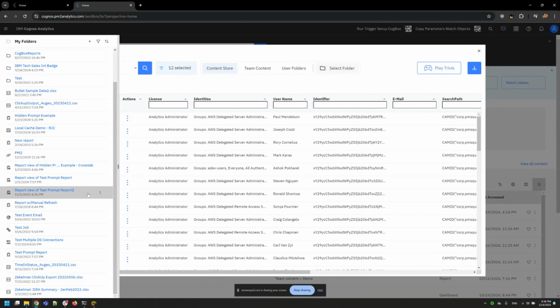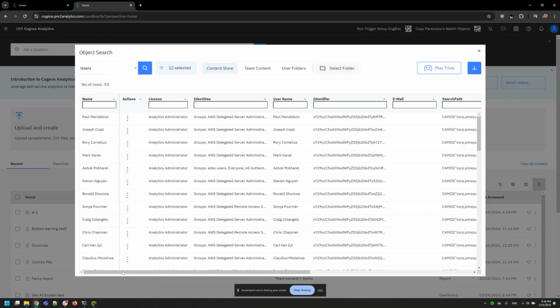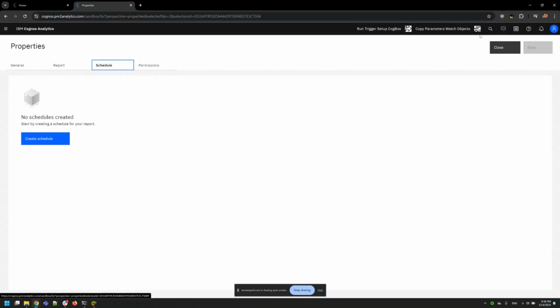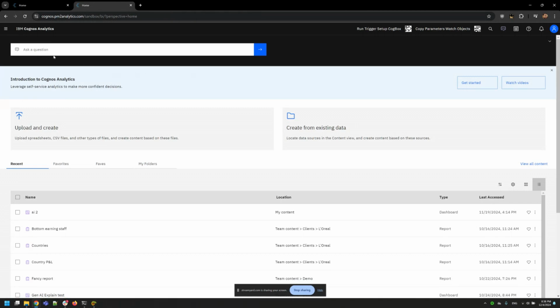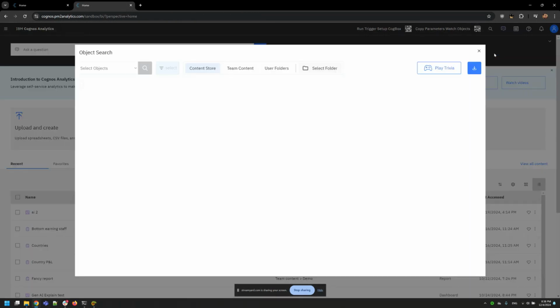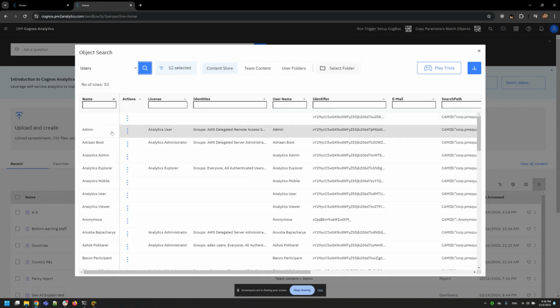Yeah, if you've had, let's say, a report on a schedule that's running every 5 seconds, that takes 2 minutes to run, well, I can very quickly go into the properties, let's close this, and remove that schedule. This is actually something that's happened once to one of my clients. And the only way to access an object in a user's My Folder outside of this is to go into their user profile